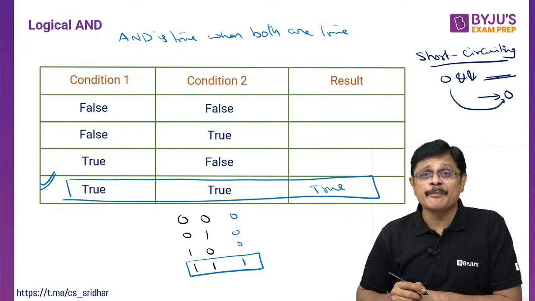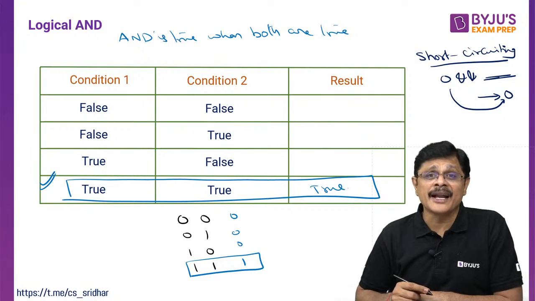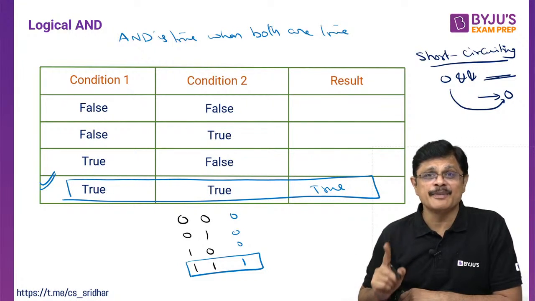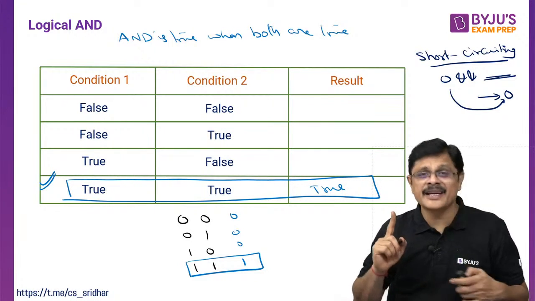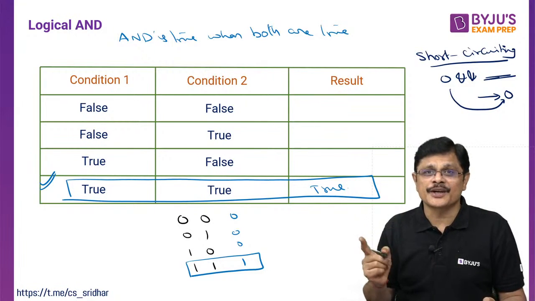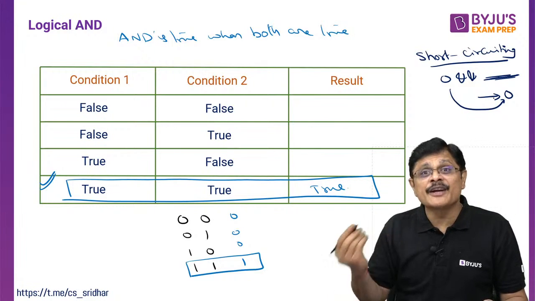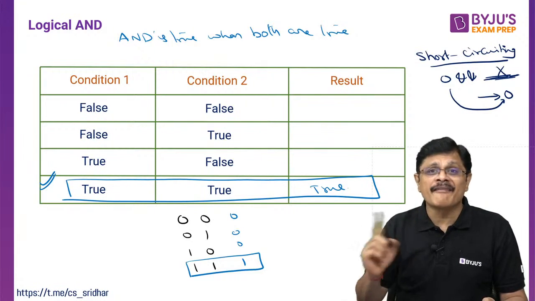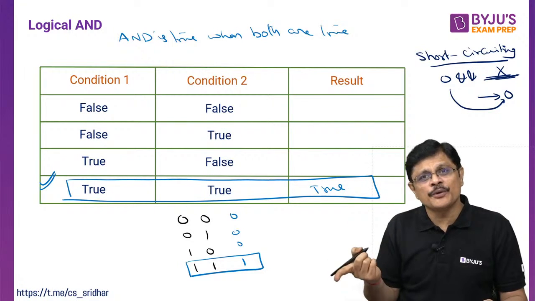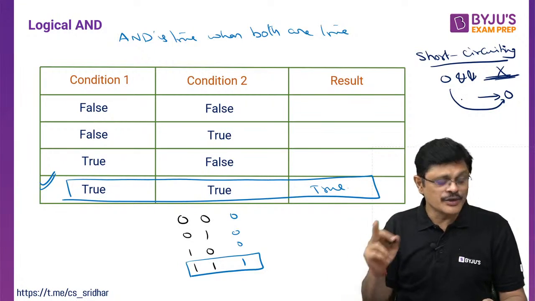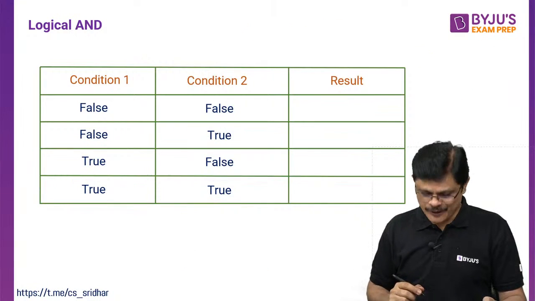This is the biggest problem with logical AND and logical OR. You have to use them carefully, my dear friends. You may get some unexpected result because of this short circuiting. Please be careful, because when it is 0, without evaluating the remaining expression, it will give you the answer 0. This expression is not evaluated. 0 and anything is 0, therefore 0 is directly given as the output. This is a very, very important point to be noted.